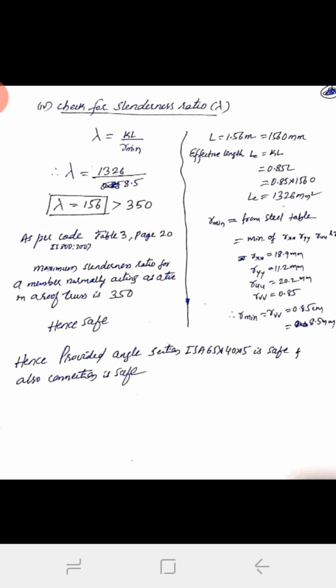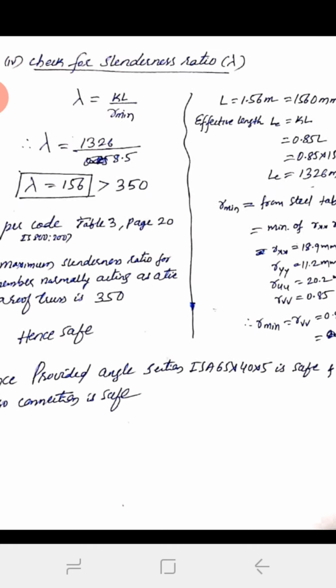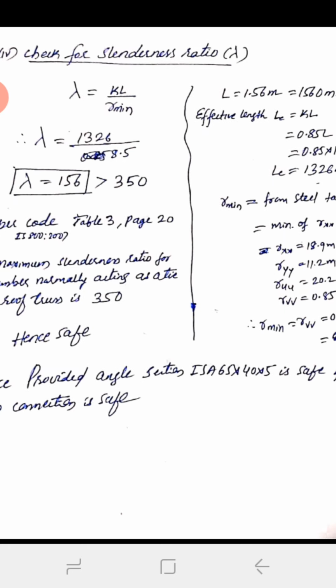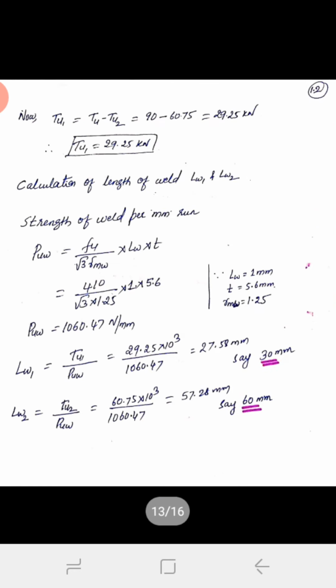The compression may become tension, or tension may become compression. So in that case, the reversal of stresses will take place. So for that reason, you need to check the slenderness of the member. To check the slenderness of the member, lambda equals KL by r minimum, and this slenderness